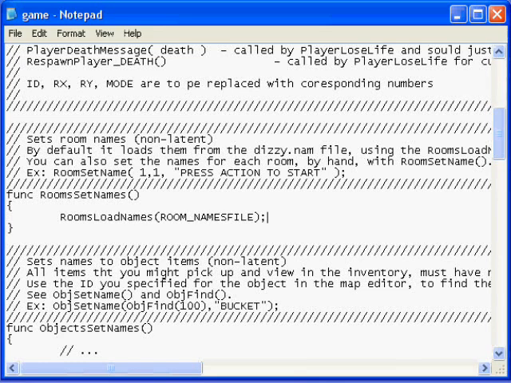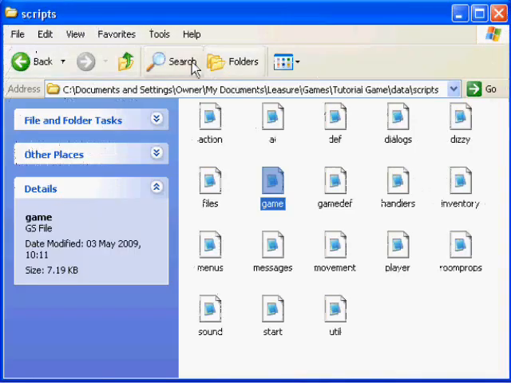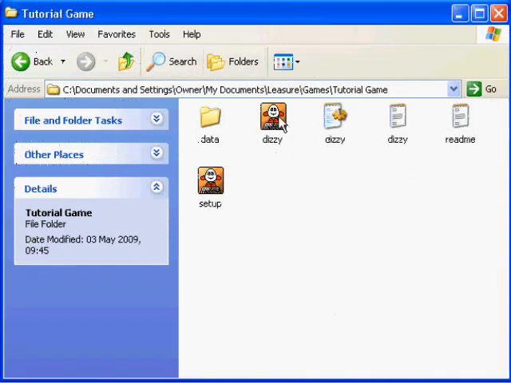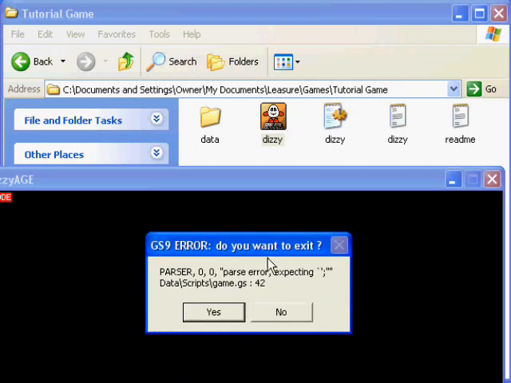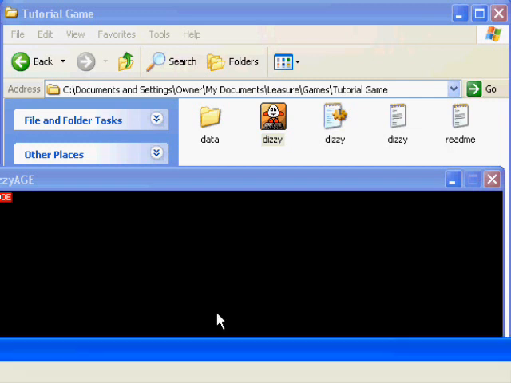Let's see, if we take that off, you'll see when we start the game we'll have a problem. There we go. An error, do you want to exit? Now that's basically saying it's expecting a semicolon in file folder data scripts game.gs file line 42. So we'll exit the game,